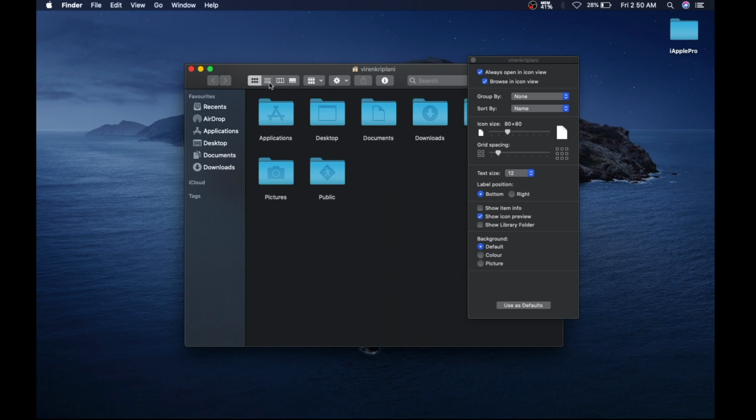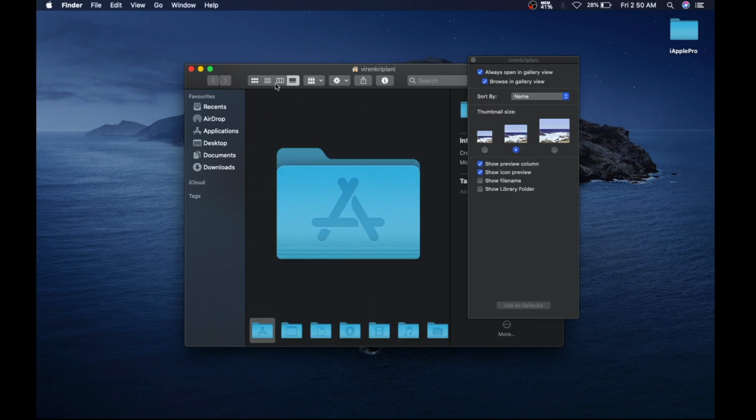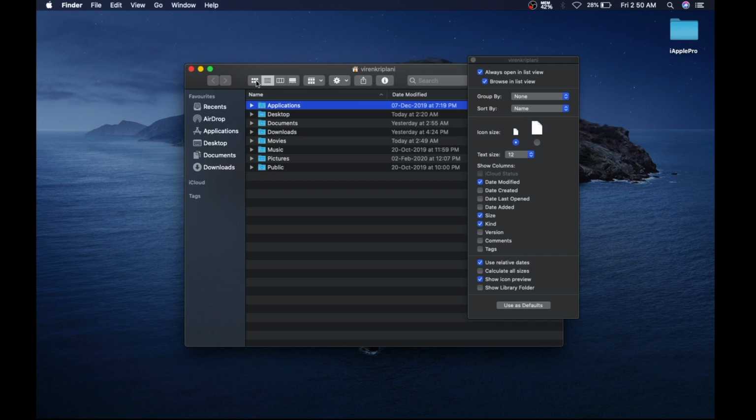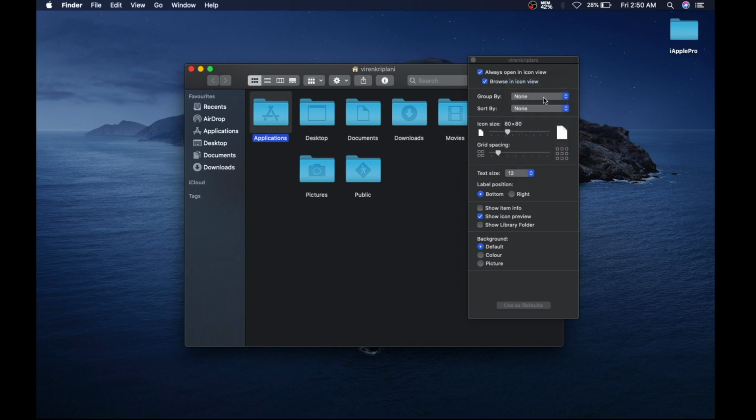First is icon view, second is list view, third is column view, and last one is gallery view. So you can select the view type in which you want to open the window. Then there is the option to group by. You can select by name, kind, application, or last date opened, and other options. As like group by, you can also select sort by name, kind, and last opened.